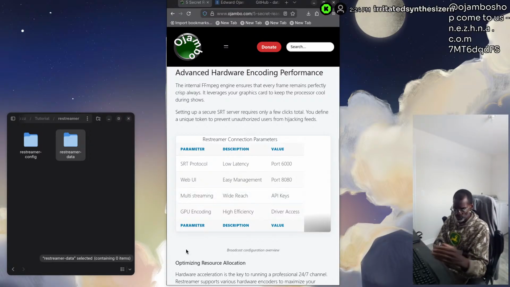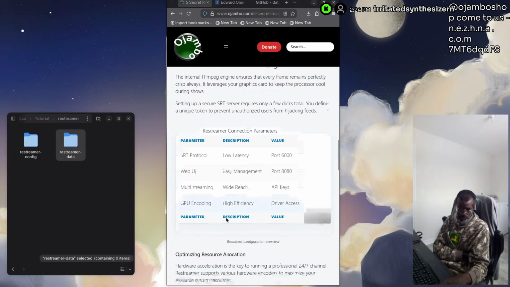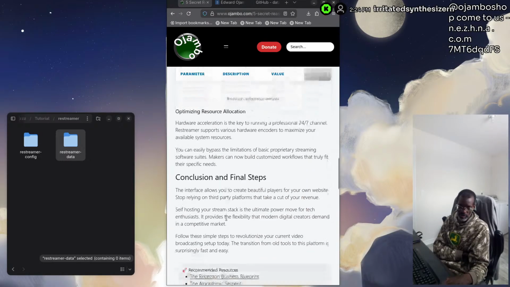Maybe I need to do a pass-through. GPU encoding, it does all that. Optimizing resource allocation. So this could probably be, for me, a replacement for something like OBS. OBS has a very rudimentary mixing thing, which works well enough for me. So if I can find something that can do mixing, that's what I'm working on right now. And then I might be able to replace it, because OBS is kind of heavy. And yeah, it works fine, so I'm not going to complain.